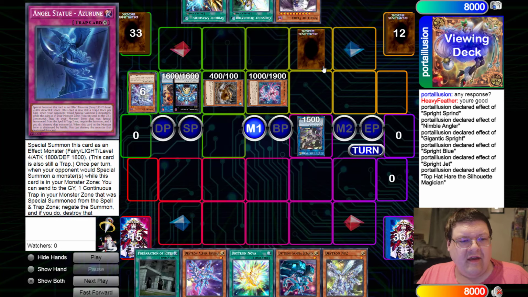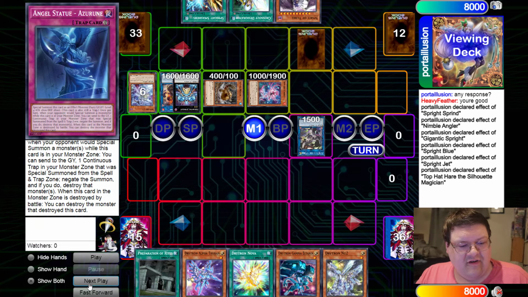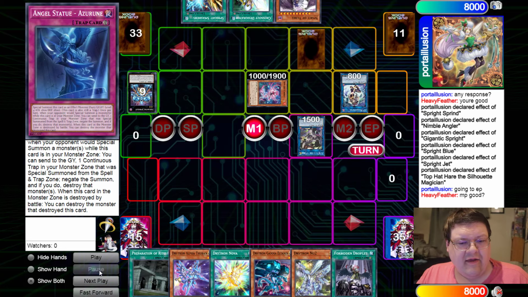We're going to go ahead and get the Angel Statue of Azaruna here. So this is an 1800/1800 level 4 light fairy monster that has the ability, once per turn when your opponent would special summon a monster, while this card is in your monster zone, you can send it to the graveyard to negate, well, to make that monster go away, which is actually pretty good here. So we're going to go ahead and make the IP on standby there,